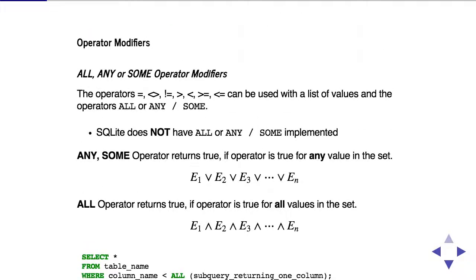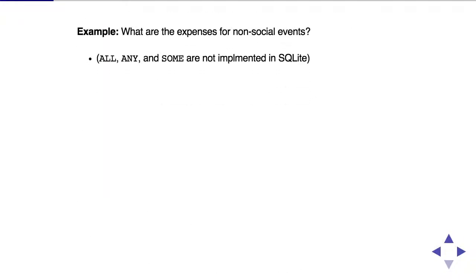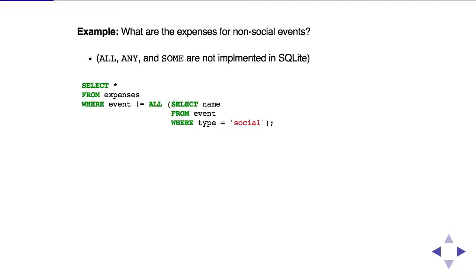Okay, so for instance, select from a table where a column name is less than all of, and then in the brackets we have a subquery returning at most exactly one column. For instance, what are the expenses for non-social events? This all operator, all and any or some, is not implemented in SQL, so that's the reason why it's not in the examples. But if we did have it, it would basically be along these lines